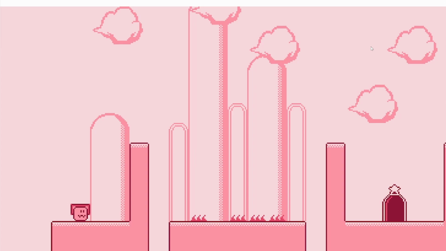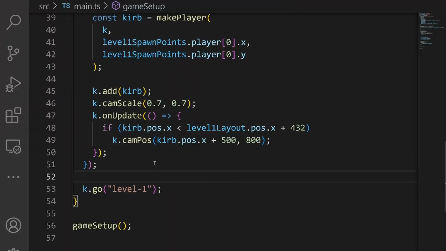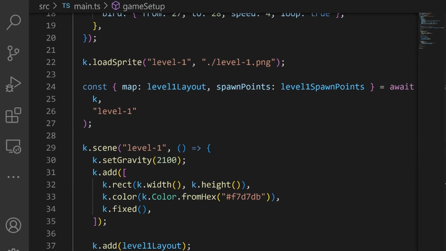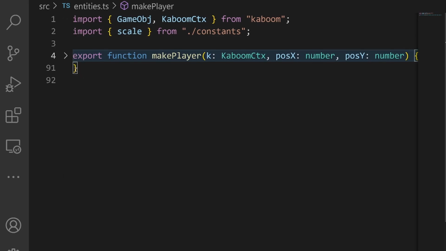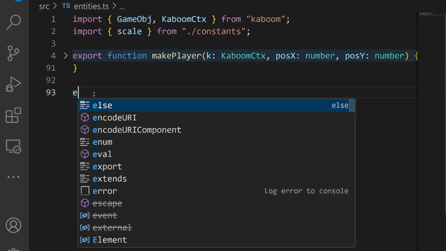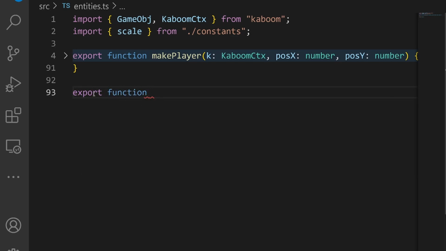So by player controls, I mean all the mechanics of the Kirby, so moving, swallowing, floating, etc. To do something like that, I'm going to go to the entities file, sorry, not folder, and in there, we're going to create a function right below. So this function is going to be called export function set controls, and it's going to take two things: the